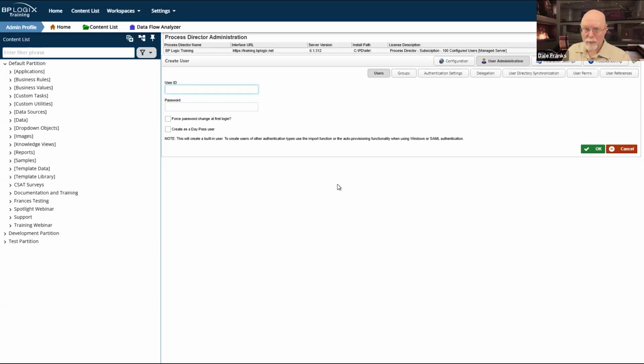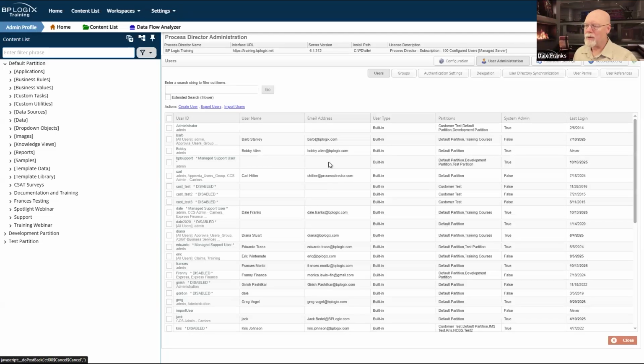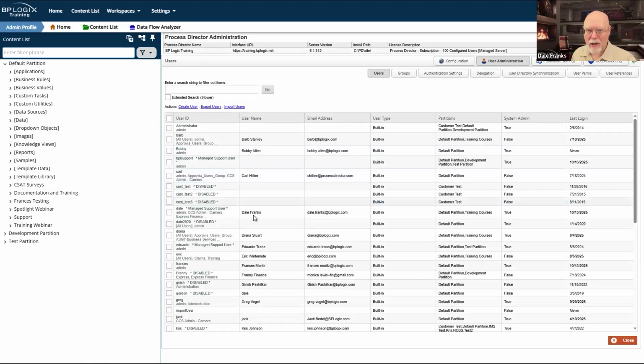Each one of your system administrators should have a unique account. And the reason for that is being able to track them, because you can then go into your audit log, and if administrator A made a change to something, now you know what administrator A did, and you know who administrator A is. So it's important to have those separate administration accounts for each person who is a system administrator.